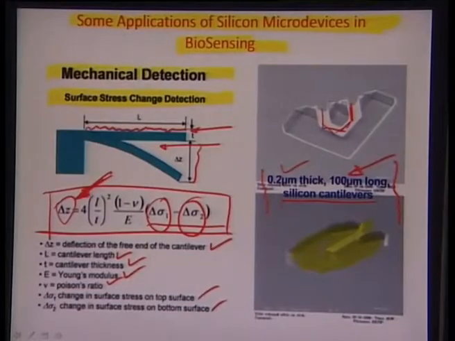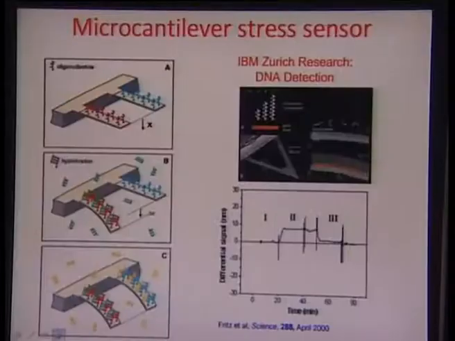So this is what the aspect ratio is, about 5 times, okay. And they are normally made in silicon because the process is very well acknowledged and found out. However, there are initiatives to also make cantilevers in other alternate polymeric material with certain changes in their strength properties, modification in the strength properties. So let us see what we can do with this, and this is really a very fine example